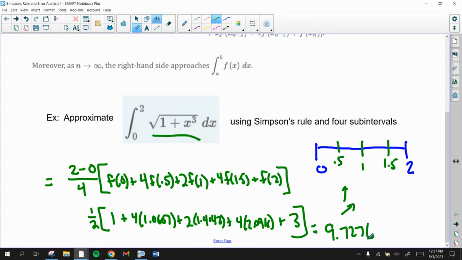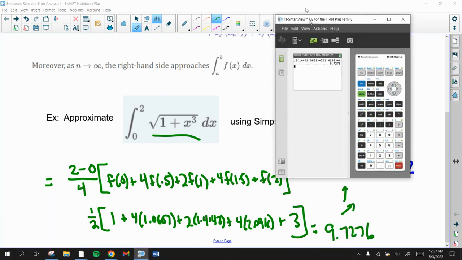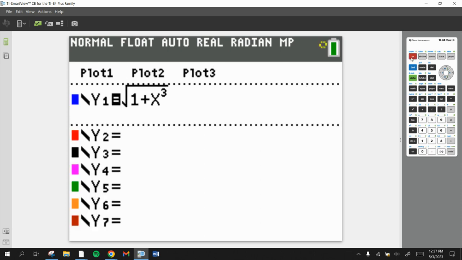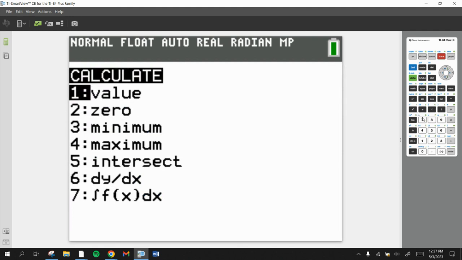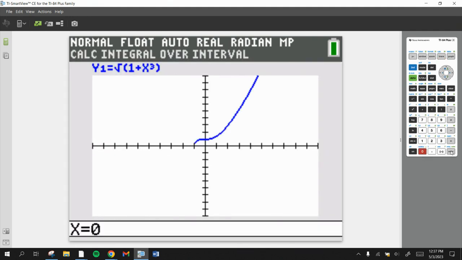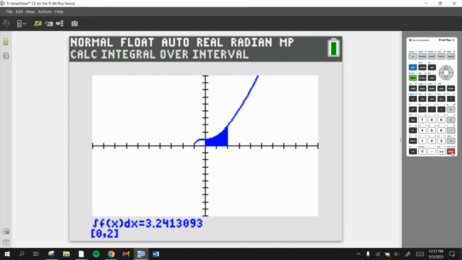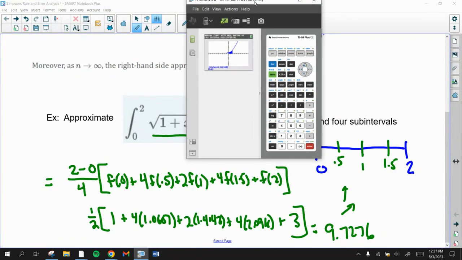9.7276. Now, don't go anywhere. This should be a very good approximation. So let's take the integral. It's already in there from 0 to 2 and see what we get. So here's the graph. Take the integral from 0 to 2. And, oh, it's not right. So something went wrong,